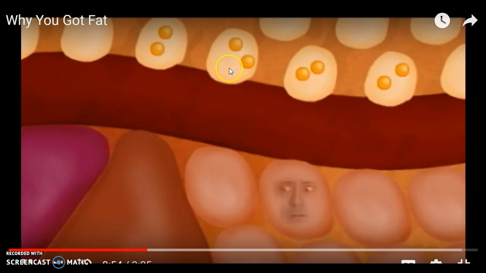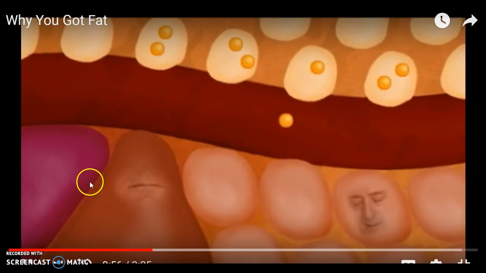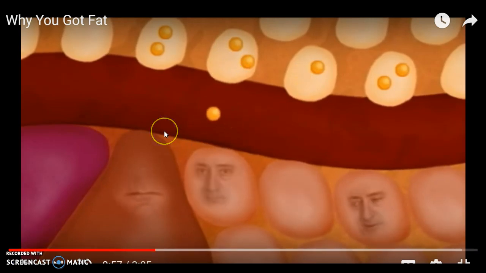Sometimes we have cells that don't really want to release it. And so that depends on if people are more overweight or less, because sometimes your fat cells want to store it all the time. They really want to make sure you never starve to death, so they keep that stored energy. But if the body really needs it, they'll release, just like they release this glucose, and it could go to your muscle cells or your brain cells or any cells of your body.